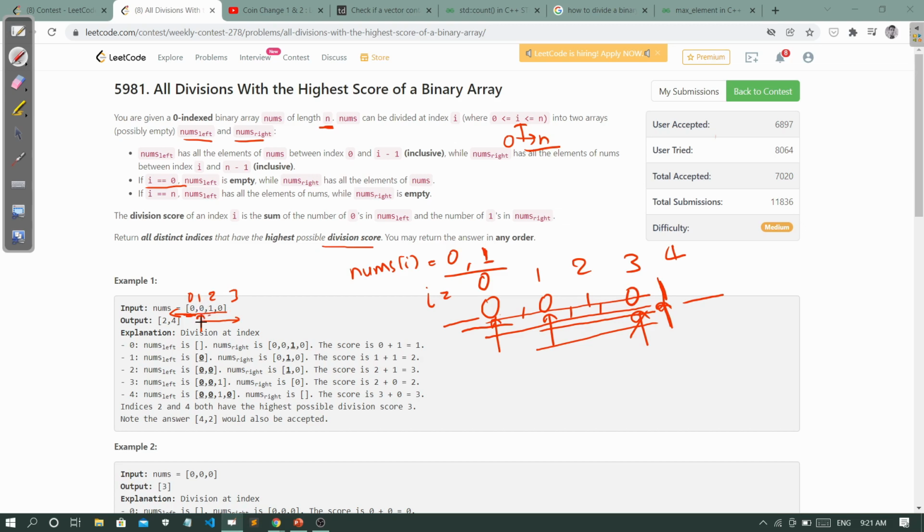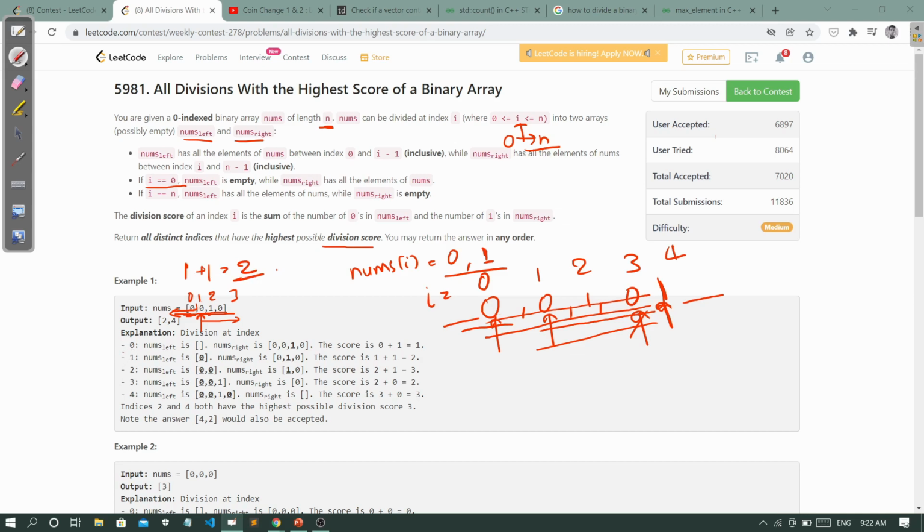So suppose we divide the array at index 1, then the left subarray contains this much portion. The number of zeros in the left portion is 1 and the number of ones in the right side is 1. So in the left subarray we count the zeros and in the right subarray we count the ones. Left zeros is 1 and right ones is 1, so the score is 2.